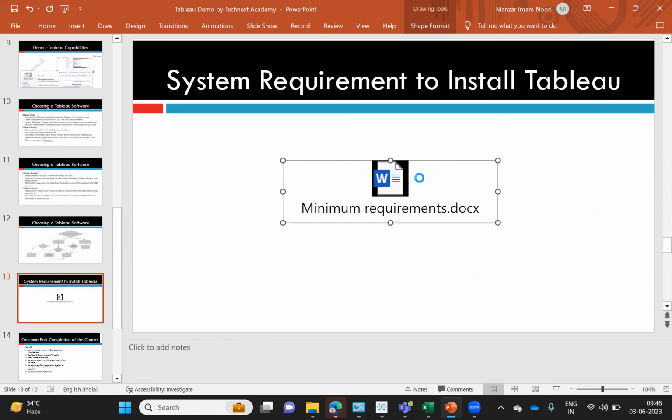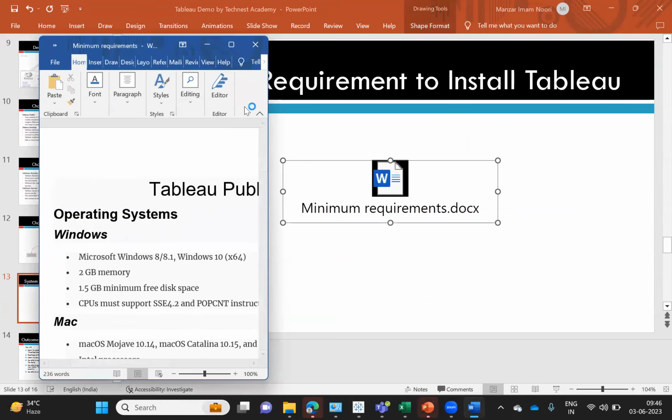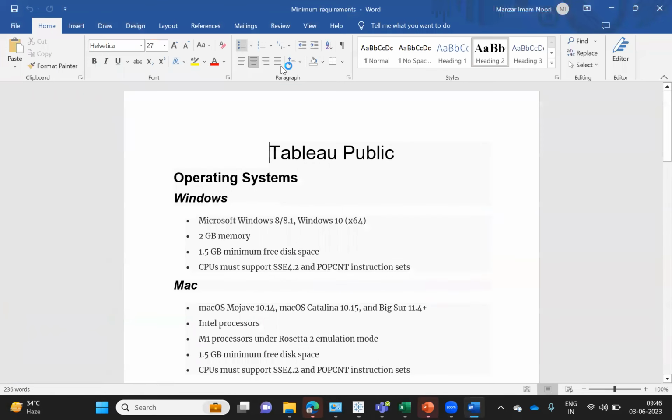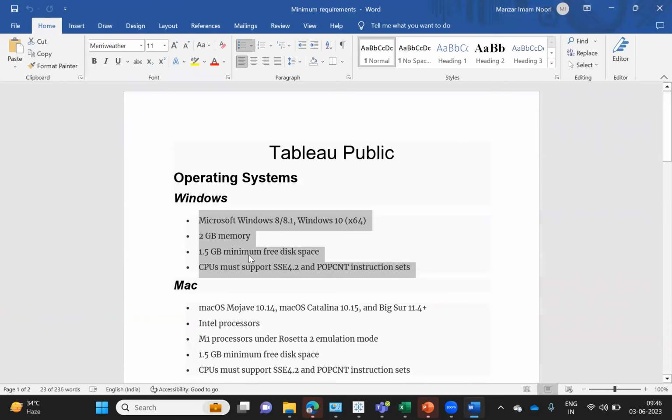Nowadays we all have good laptop configurations, so there should not be any issues installing it. It needs 1 GB minimum free disk space and 2 GB memory, and Windows 10 or above. Most of us have upgraded to this configuration, so there should not be any issue.